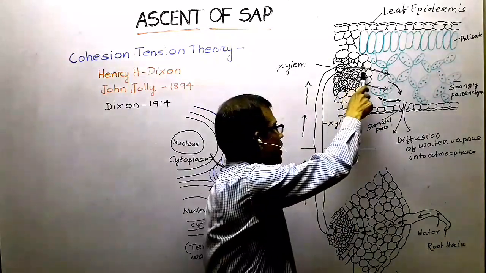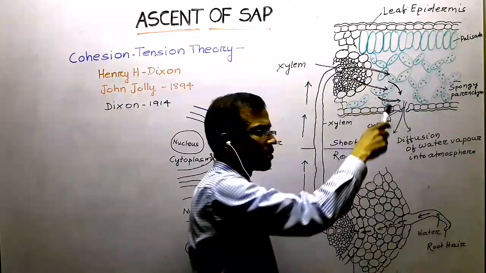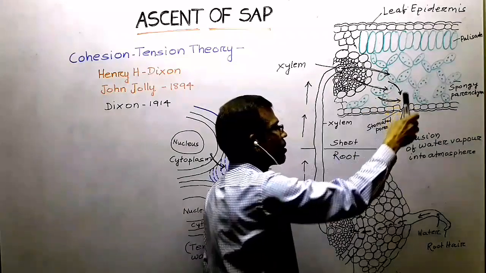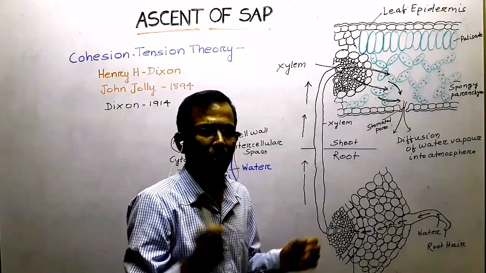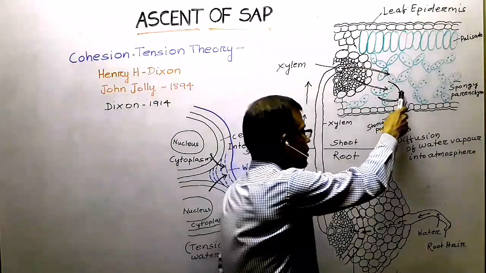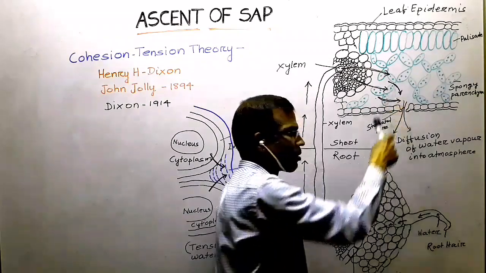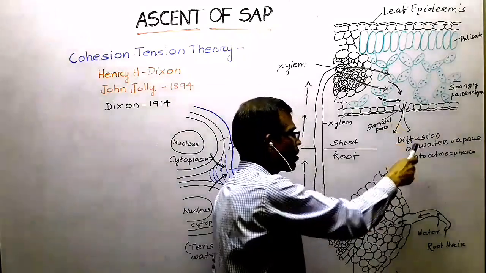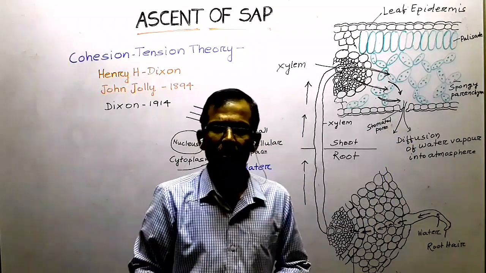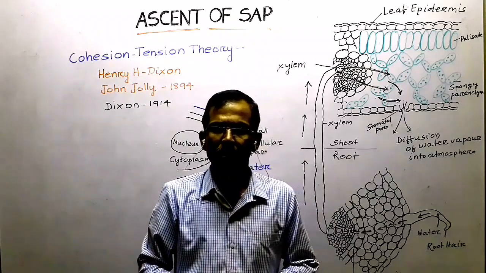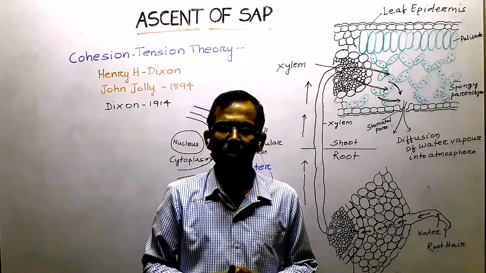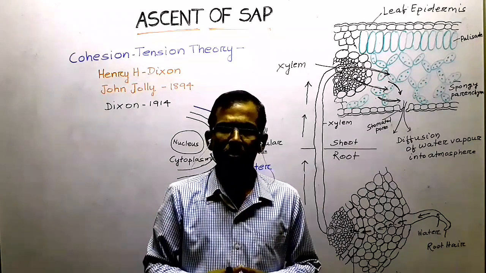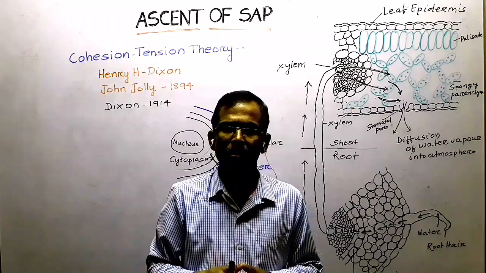After entering into leaf, water is released to the intercellular space that exists between the cells of spongy parenchyma. From intercellular space, water is lost in the form of water vapor through the stomatal pore by a process known as transpiration. Before discussing the mechanism of ascent of sap, we should know about the structure and composition of xylem